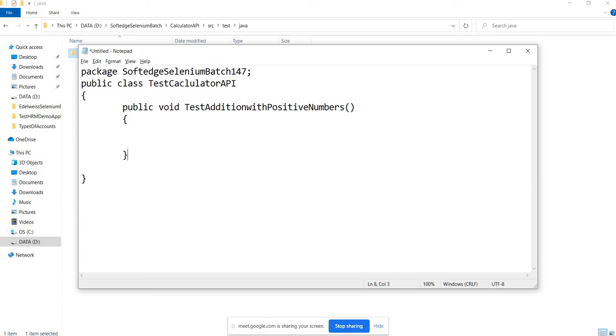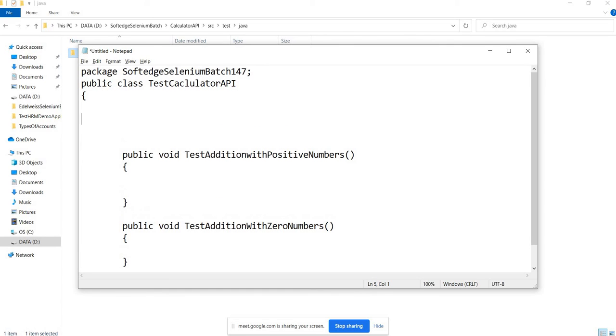Like that I'll write one more test case, public void test addition with zero numbers. So at both the arguments I will send 0, and I'll check how my addition function behaves, right? So this is one more test case.